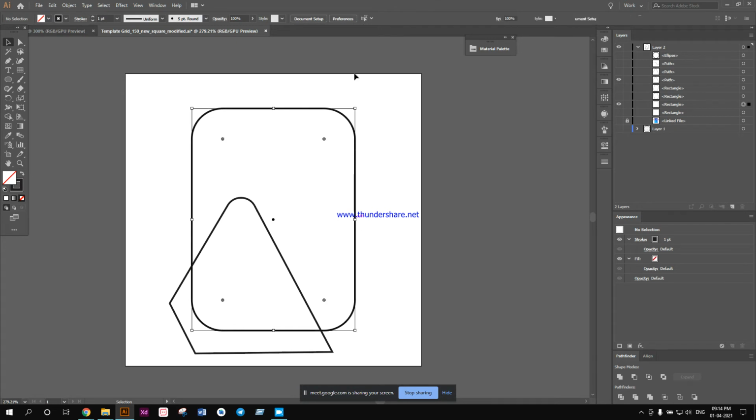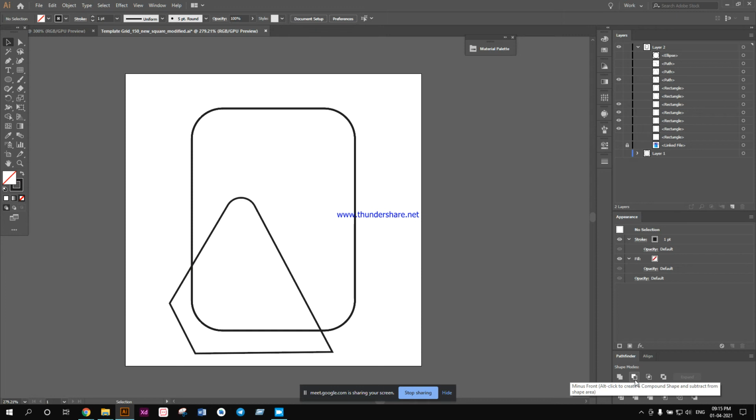I am going to make multiple copies of this background rectangle, because as you know, when I do the minus front, the background layer is staying and the front layer is cutting out.